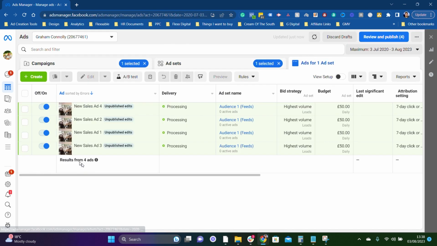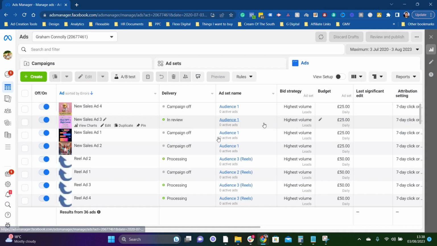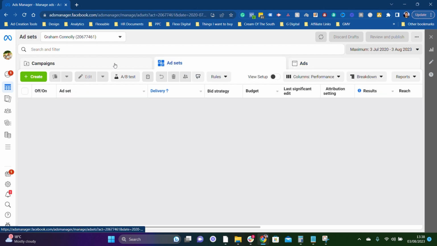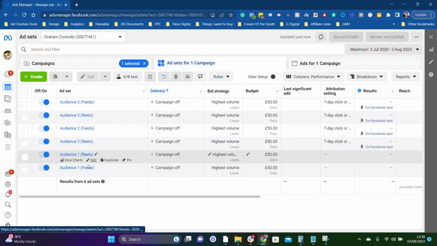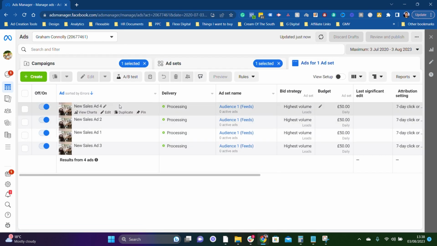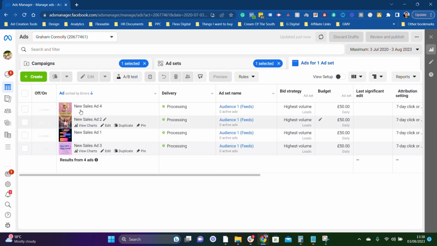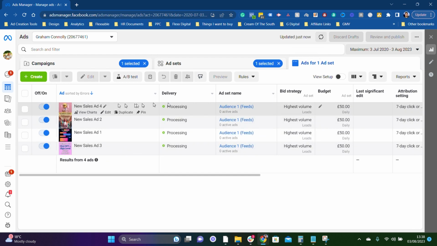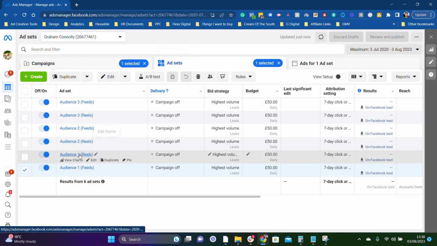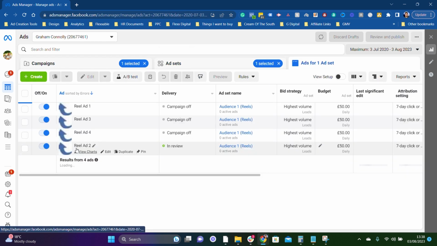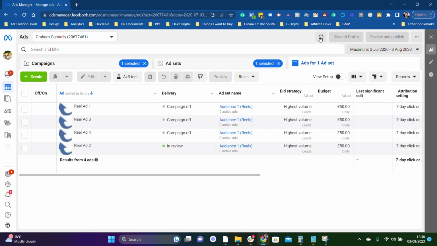And inside each ad account, in the feeds, we'll have the same ads. Cool. So in the feeds, we'll have the exact same ads here, like this, and that's just going to the feeds. That's just a 1x1 square image. That's going to the feeds, and then in the Reels, we'll have